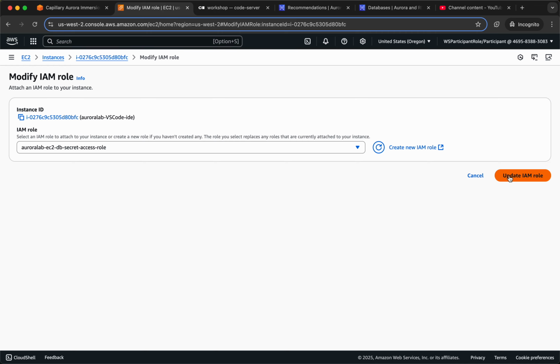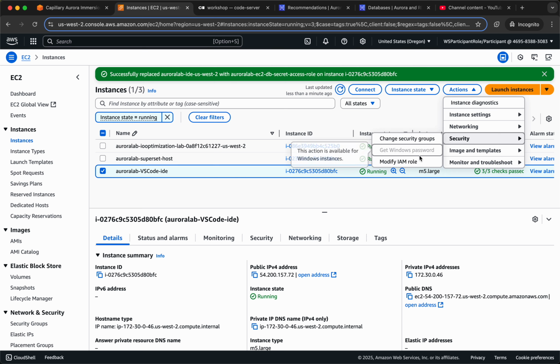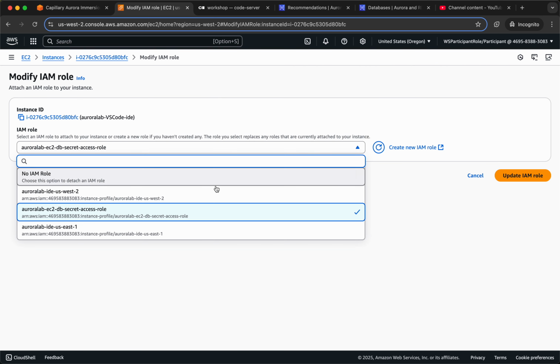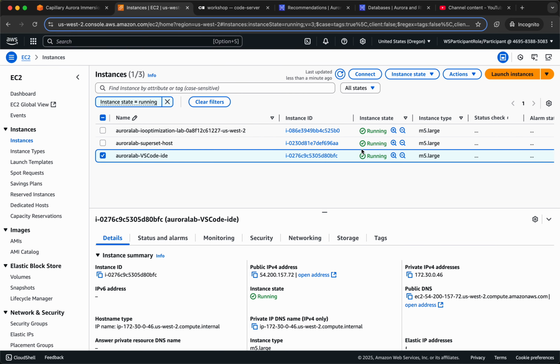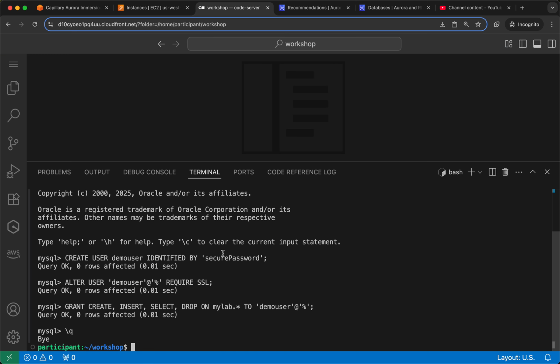Okay, update IAM role. I think you know the older role because I don't remember it now. Actions, security, modify IAM role. I think it was this US West 2, right? So now that it has this IAM role, security role, I can actually say AWS